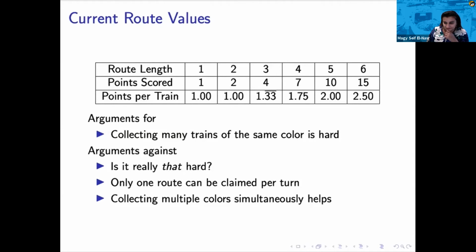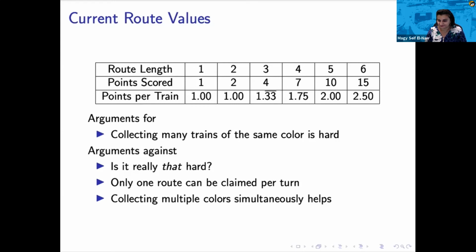And at the same time, the way the game is played, you can only claim one route per turn. So if you're claiming lots of shorter routes, then you're using your turns less efficiently than if you're claiming longer routes, because you can't use the turn that you're using to claim shorter routes to do other things that would help you get more points. And finally, collecting multiple colors simultaneously helps. Yes, it's difficult if you're only collecting a particular color, such as blue, but if you're collecting many colors at the same time, maybe it's easier to get routes that are longer. So these are analytical reasons why